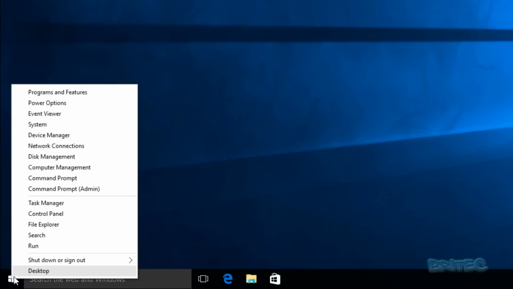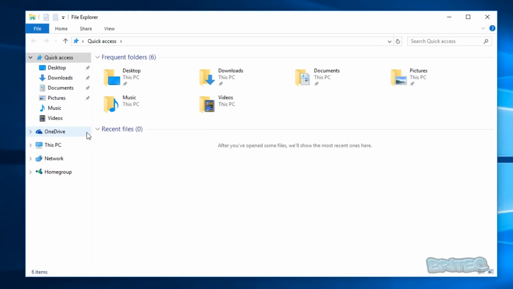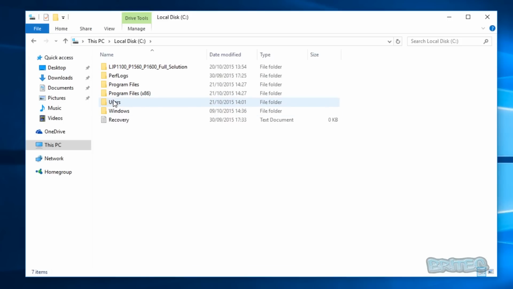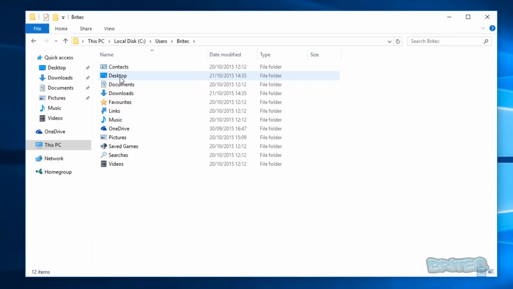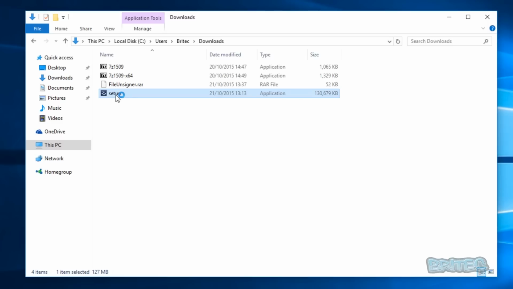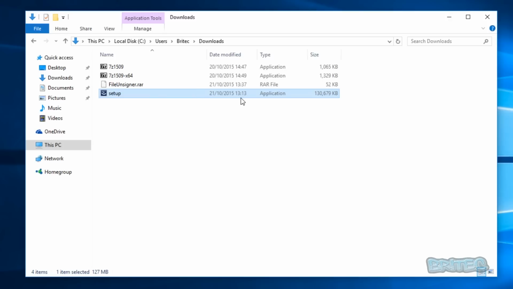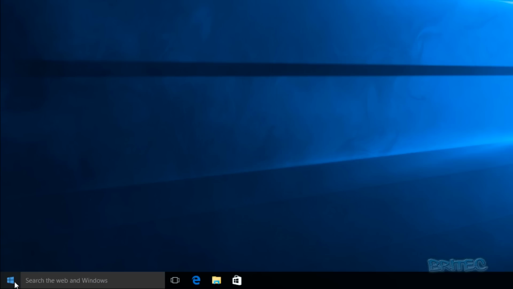We can then go to the start button here, File Explorer, and then go into This PC, into the C drive, then Users, and then find the account that you've got. The account which was Brightech, and then where that file was, either the desktop or downloads or wherever you've got it stored, then you can safely run this file from here as the super administrator. Once you've completed that process and installed the program, you can then log off,